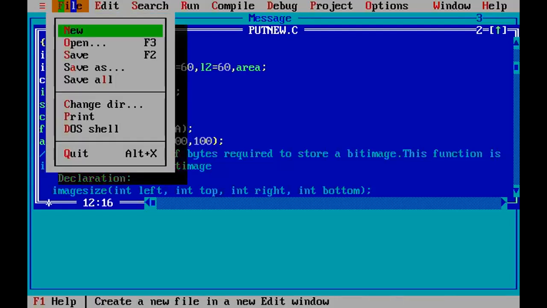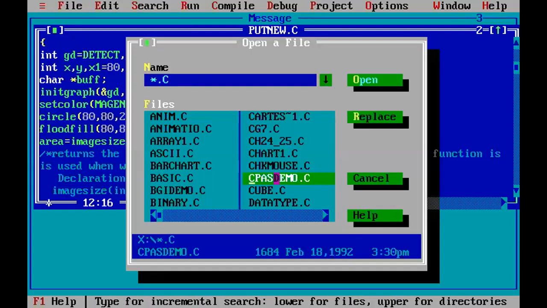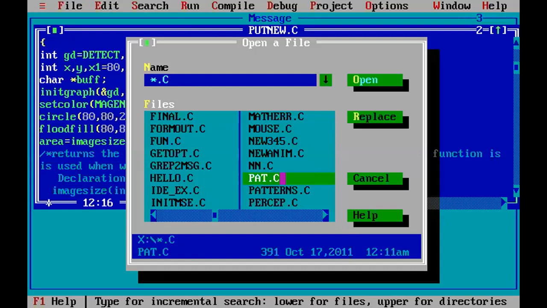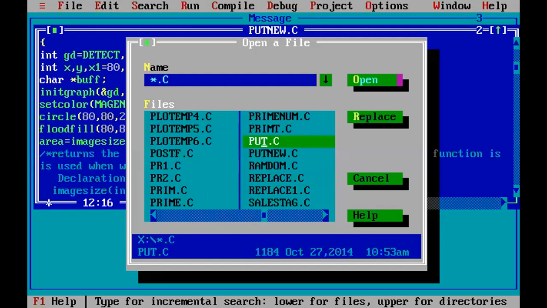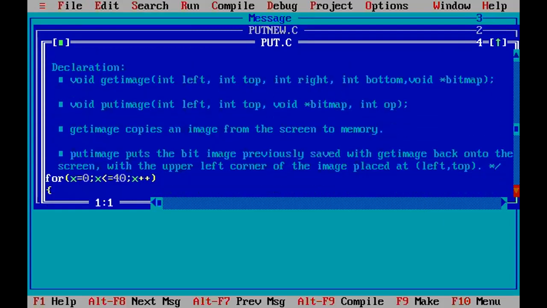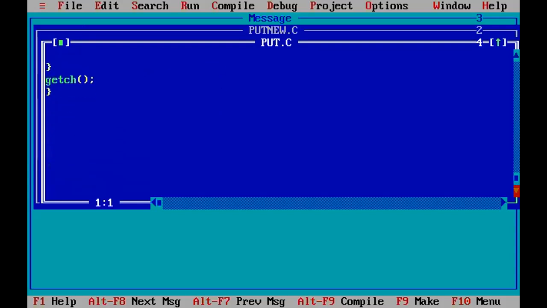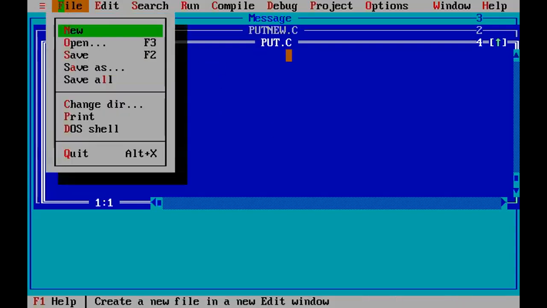Let me show you another example if it is available with me. It is the same program.